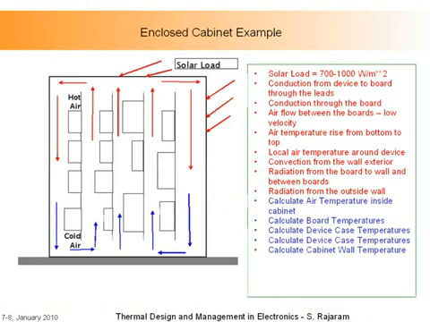Again, just showing you some examples. Here's an enclosed cabinet. This is very typical for electronics that are sitting outside. They are completely enclosed and sealed because you don't want dust, moisture. And what happens in there is you've got solar loading on top. This is 700 to 1,000 watts per meter squared. Hot air keeps circulating inside. It cools at the external surfaces, comes down. And so we then can calculate all the temperatures inside the board, the case, the devices.